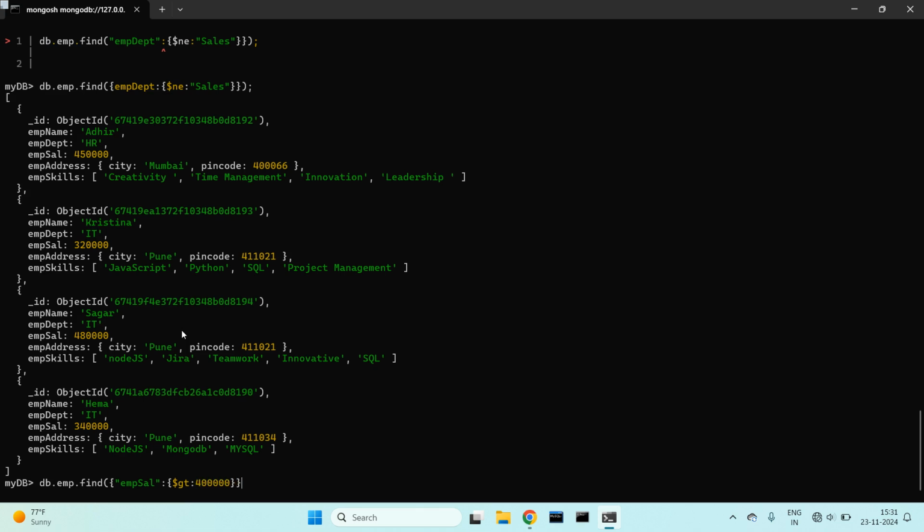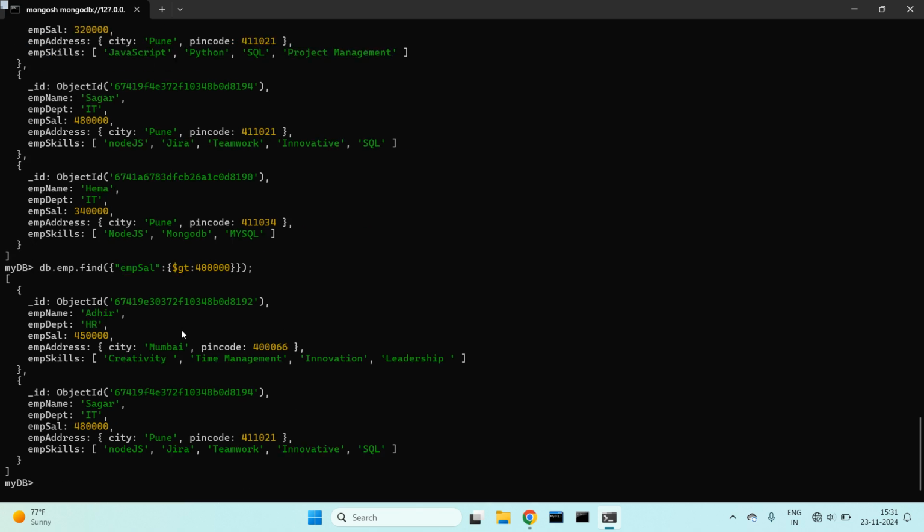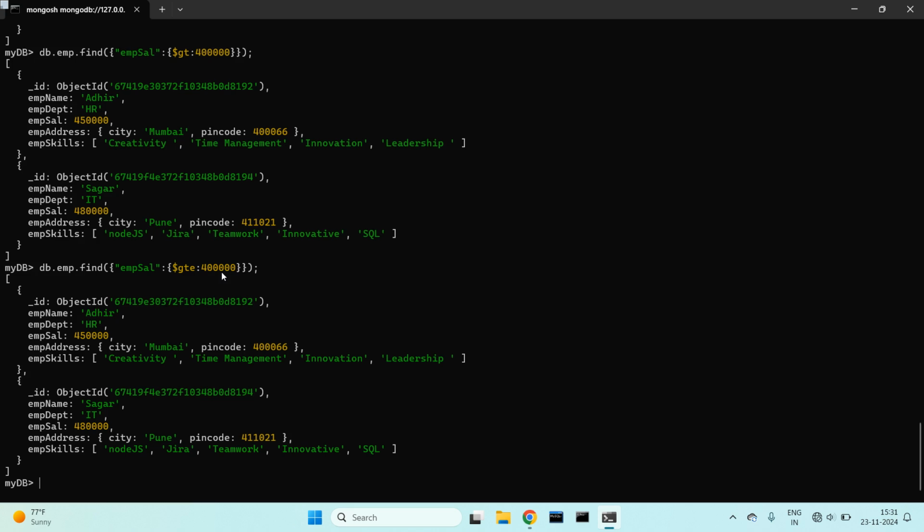It gives me all the documents whose salary is greater than 4 lakhs. Next you can have greater than or equal to, just write $gte. It gives me all the documents which have a value greater than or equal to 4 lakhs.